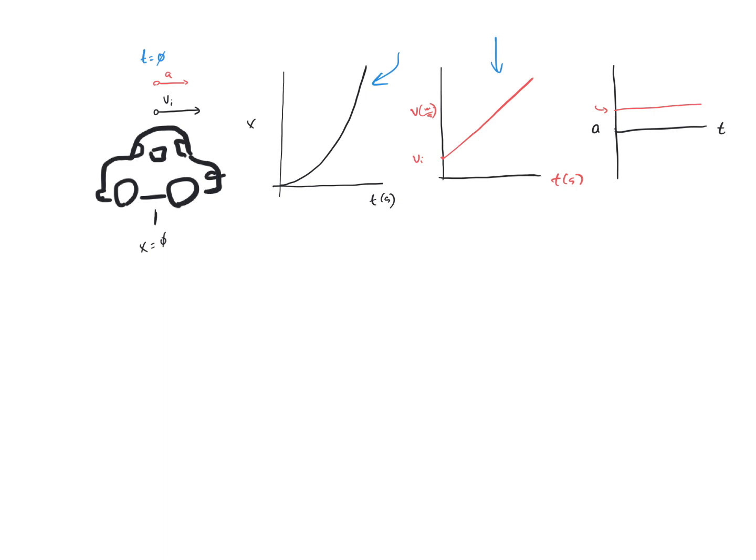And here's the piece that's important to recognize: calculus allows us to say that the area at any time interval under here, so if I start here and go to, say, here, for that delta t interval, the area under that line, the actual space occupied, is equivalent to the change in position